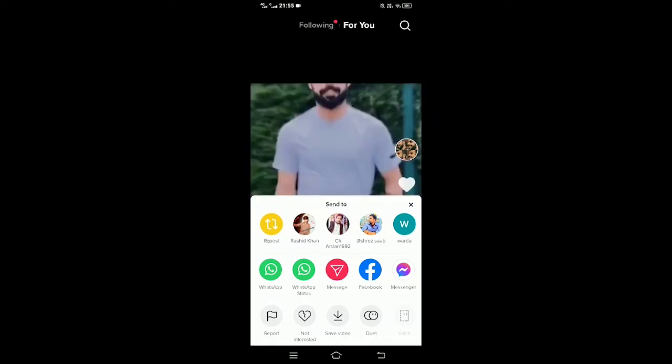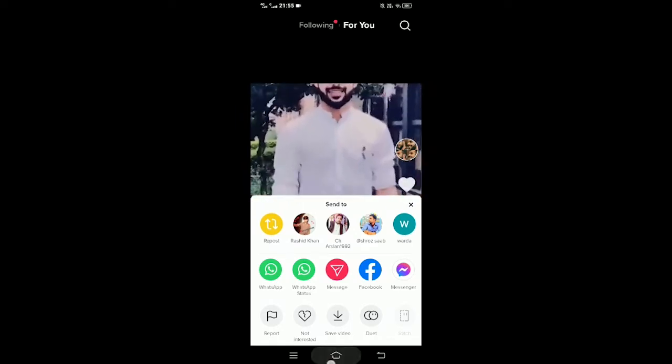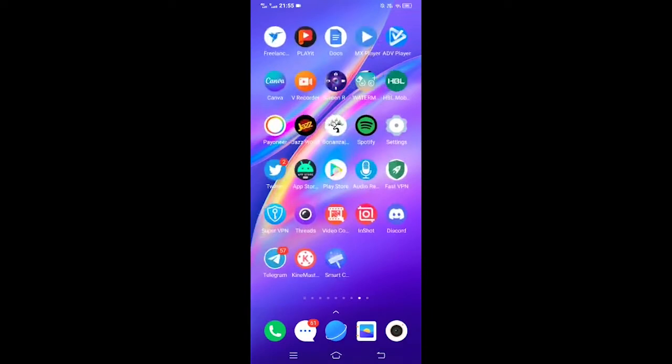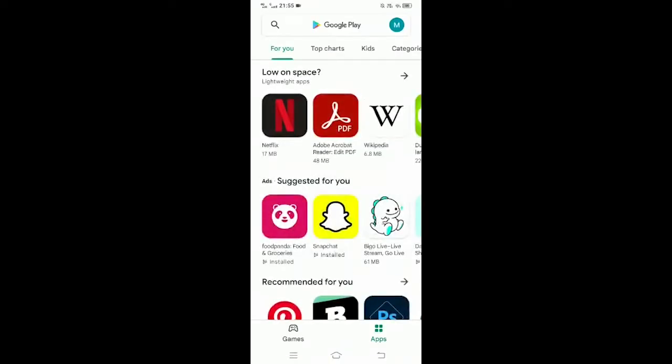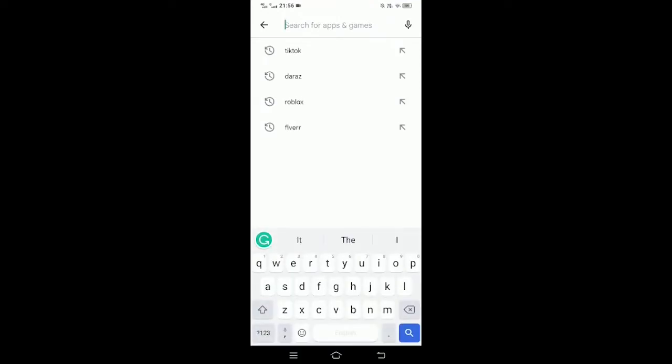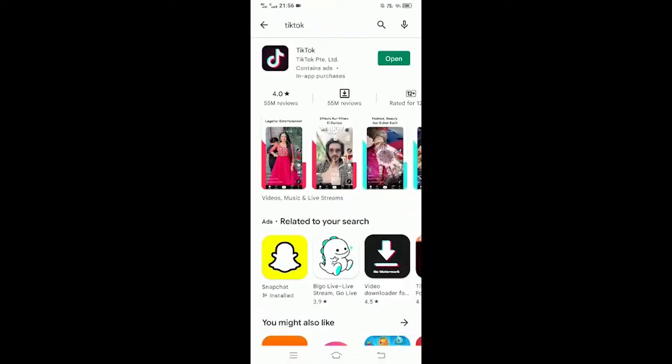So to fix it, first of all, you have to open your Play Store. And you have to search for the TikTok. Once you open it, update it from here if it's not updated. Maybe that's why it's not showing, that you are using the old version. Moreover, if you still don't find it